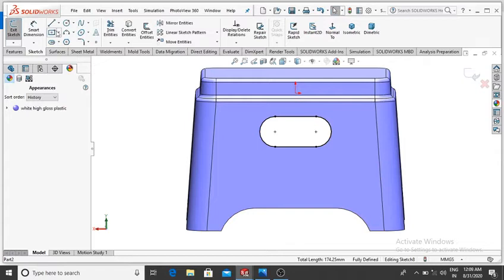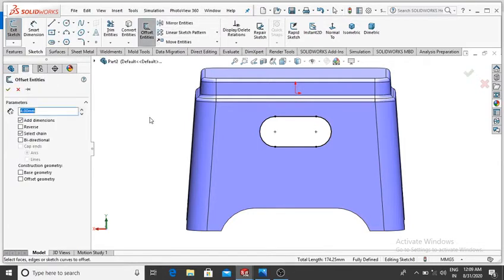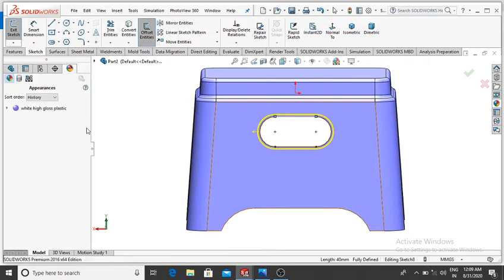Now it will be selected. Now go to the offset entity and make the offset of 2 mm, and here select this one, then OK.